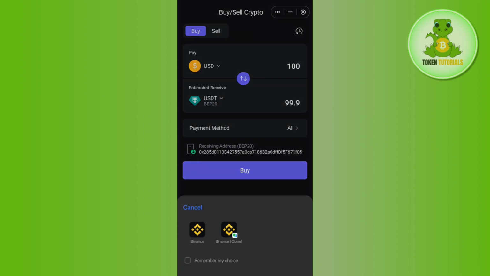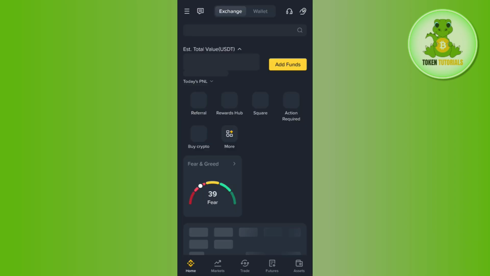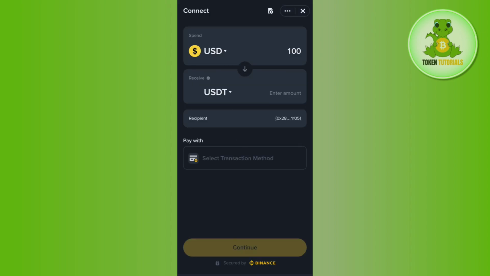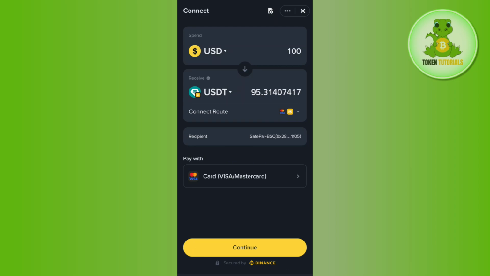Now if you have your Binance account available, you need to simply tap on Binance, because with the help of Binance Connect you will be able to get the money in your account very easily. So now it is going to redirect you here in your Binance application, where you need to select the payment